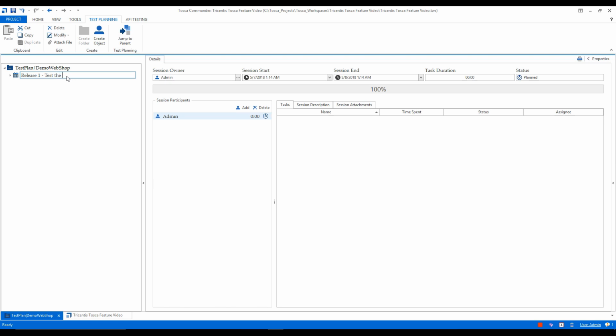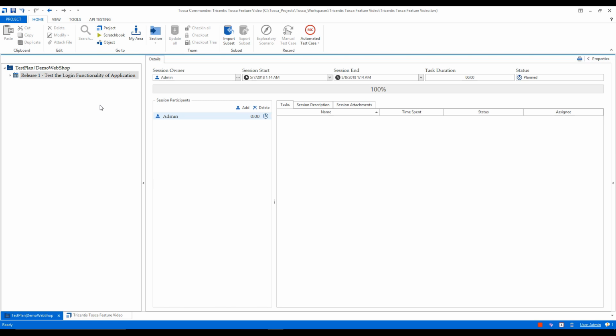Test the login functionality of application. I'm keeping it simple in order to understand this as a pretty much concept. So as you can see on your screen, once we created the test planning session,